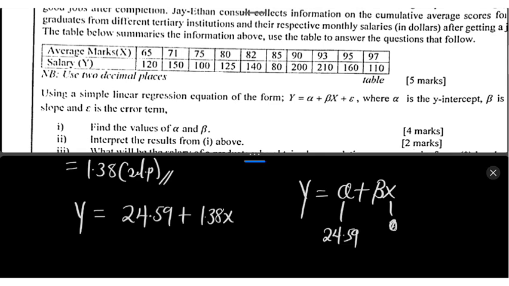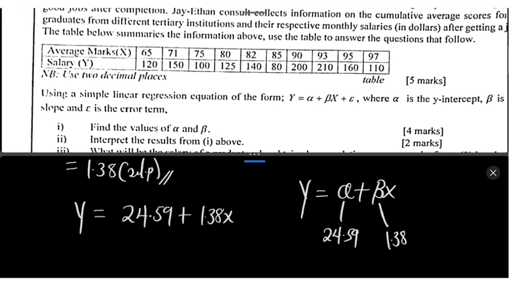Meaning that if I substitute X to be equal to 0, I should be able to get 24.59. So that is the constant or the intercept of the Y value. Then the slope of the equation, per our calculation, is 1.38. This is the value which decreases or increases the graduate salary whenever the student average mark